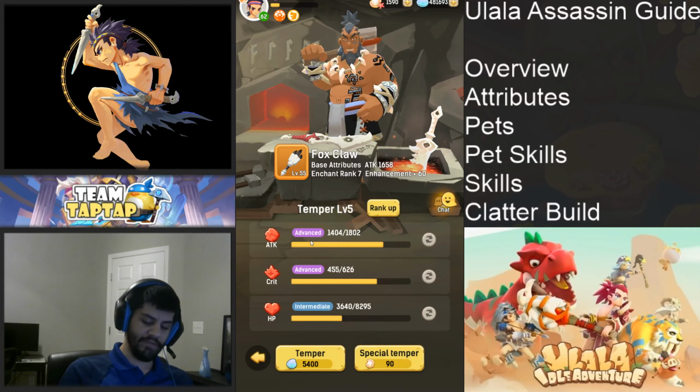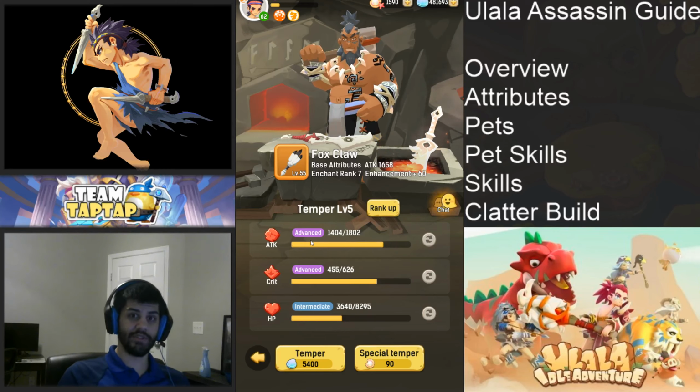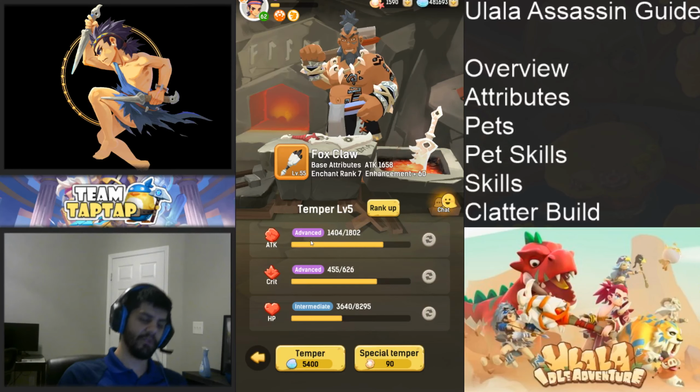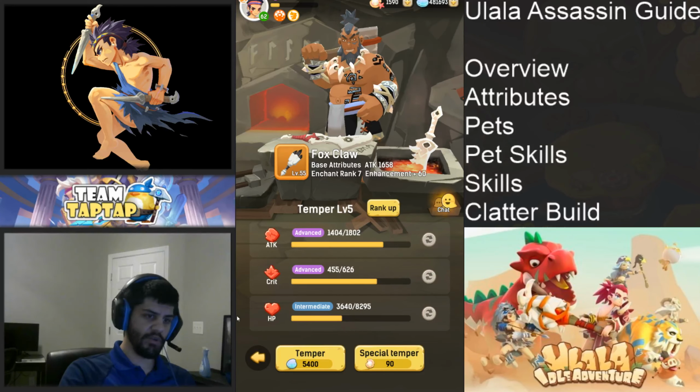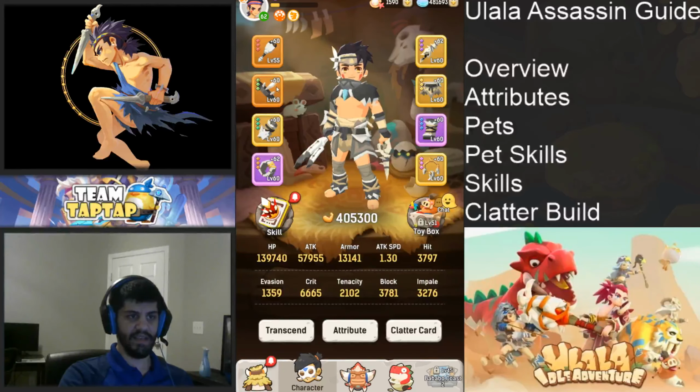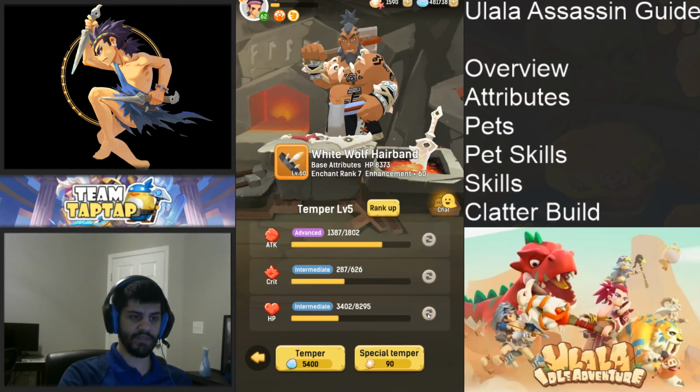So I would definitely recommend, if you have a very strong tank, you probably don't need HP as your third, but your first two have to be attack and crit. They're the two most important stats. So if you're able and you don't ever have to tank because your tank dies, then the next best option is going to be